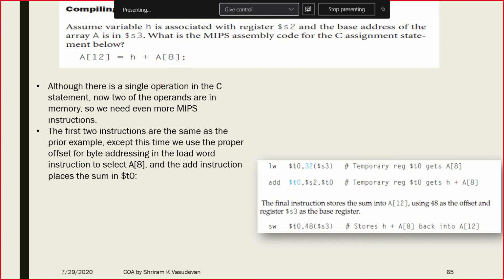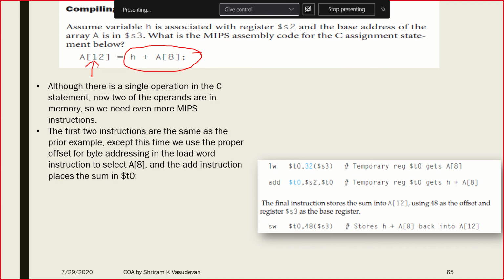Now the first two steps are very simple. So the loading part is simple. How do we do that? And then the adding part is very simple, but this one is pretty new for you, because we are storing the content into the memory location. Do you understand the difference? I am storing the content into the memory location, and last time what we did, we loaded the content into a register, and this time we are storing it into a memory location.